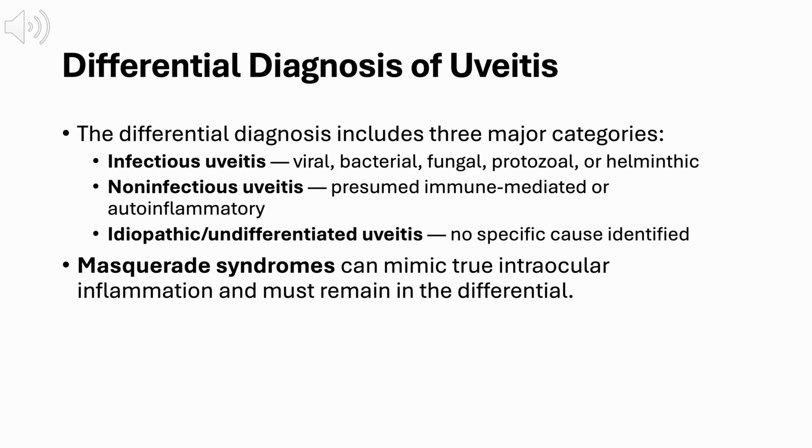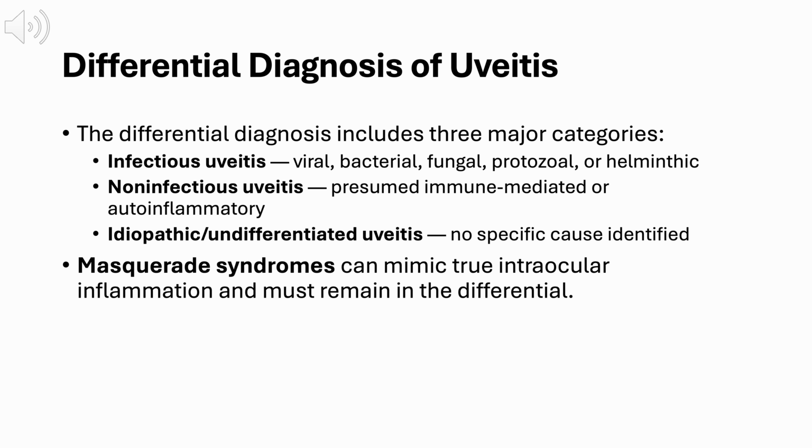Let's frame the differential at the highest level. It falls into 3 major buckets: infectious uveitis, viral, bacterial, fungal, protozoal, or helminthic; non-infectious uveitis, presumed immune-mediated or autoinflammatory; and idiopathic or undifferentiated uveitis, where no specific cause is found. But there's a